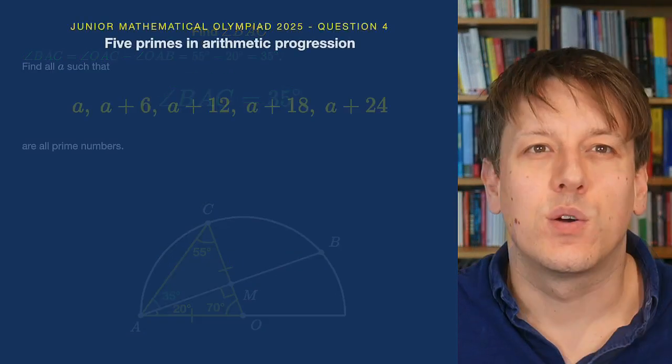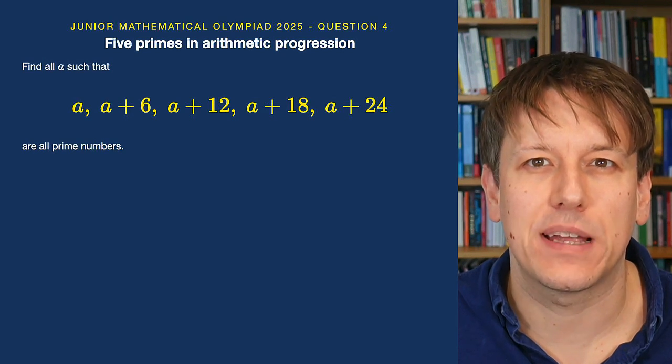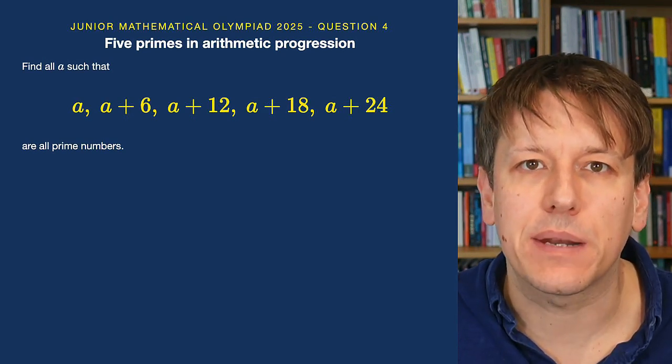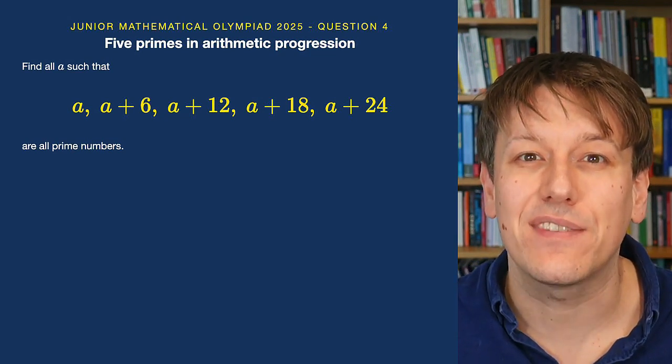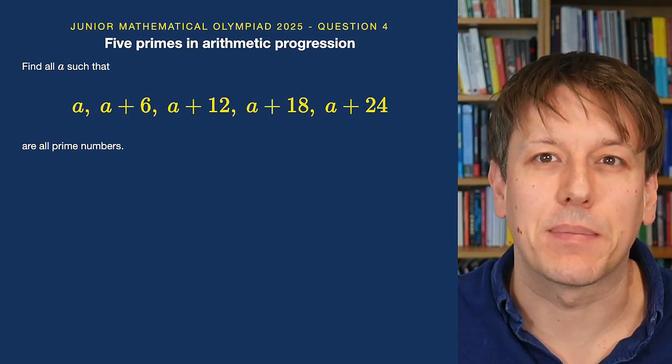justify it. We need to find all values of a such that a plus 6, a plus 12, a plus 18, and a plus 24 are all prime. Because this is an Olympiad problem, we must also show why no other values of a are possible, and in fact, even if that weren't written explicitly, it would always still be implied in an Olympiad problem that that's what